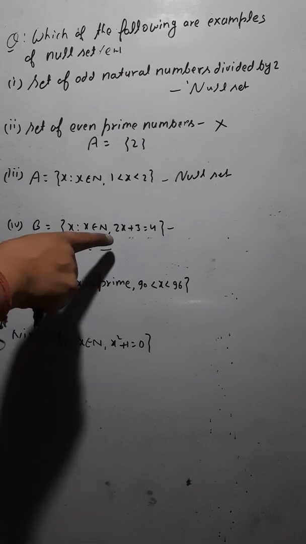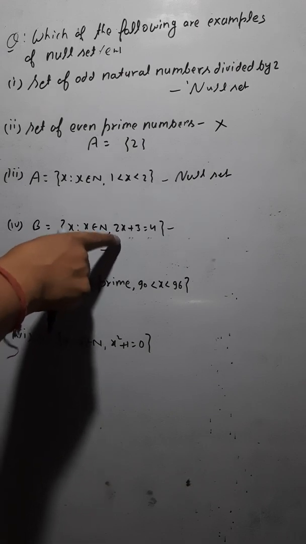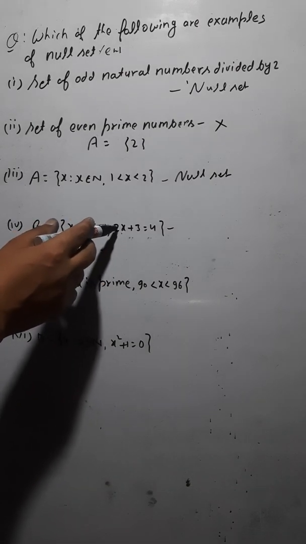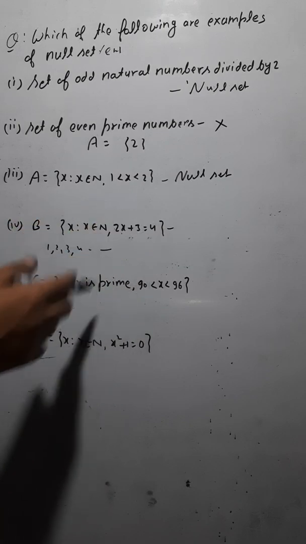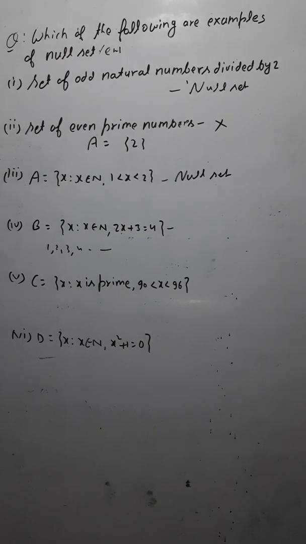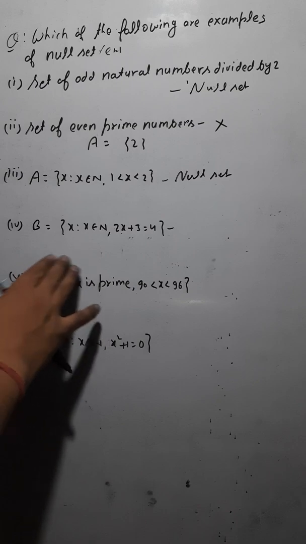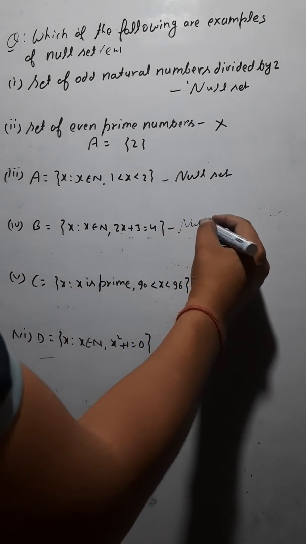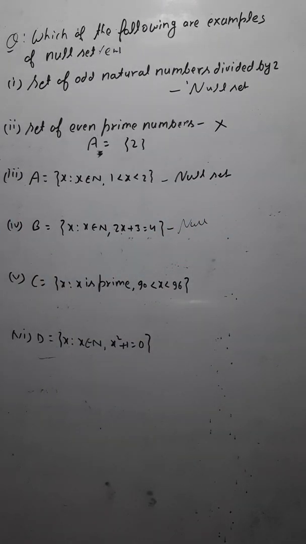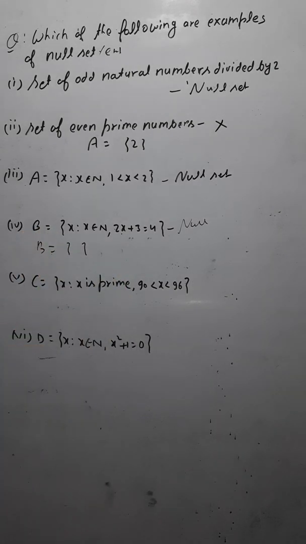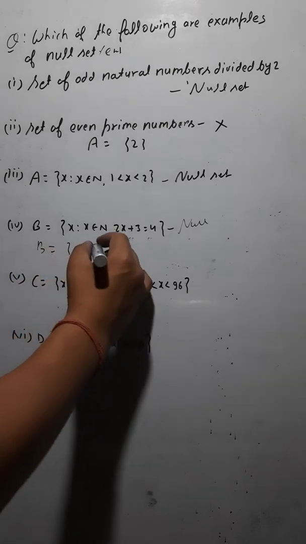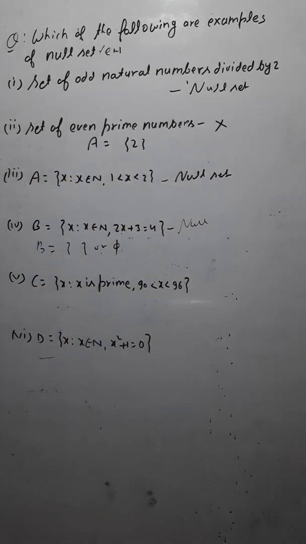Means if you are putting the value of x here, so 2 multiply that one x, the value that you are putting, plus 3 would be equal to 4. But this is not what you are getting here. Getting it or not? So again the set B would be the example of null set. You are not going to have any element there in the set B. So set B would be a kind of empty set. Okay, or you can represent it by phi. Okay, so set B is a null set.